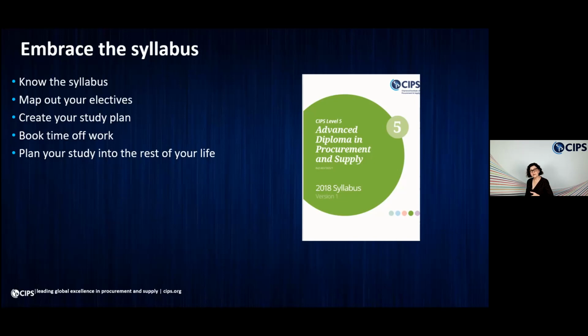In level 5 and level 6, there's also the opportunity for you to map out your electives. Each one of the level 5 and level 6 syllabuses gives you some choice in your electives, and it's a great idea to map those out so that you can really have an exciting study plan. Create your own study plan and really share that with your employers and with the people that are around you,